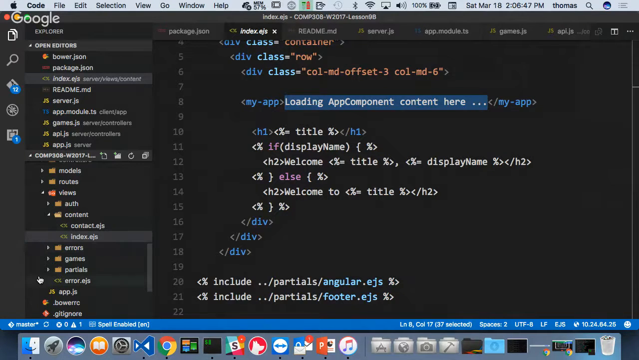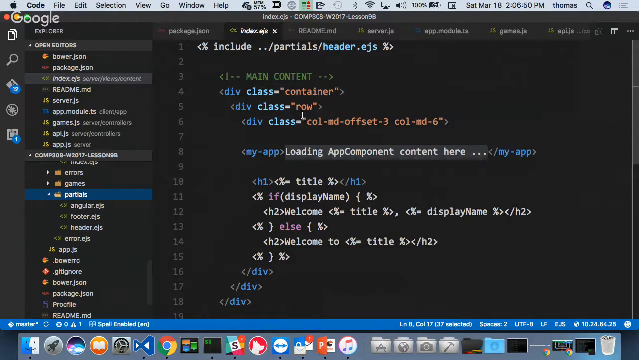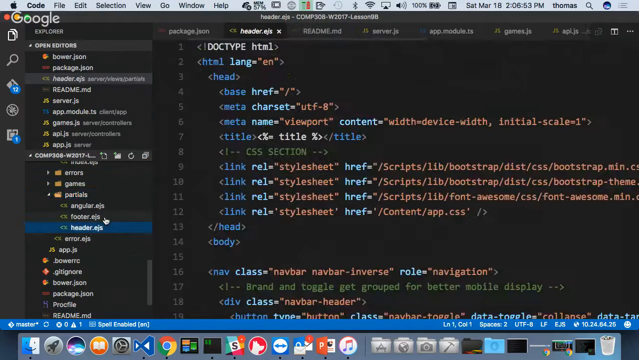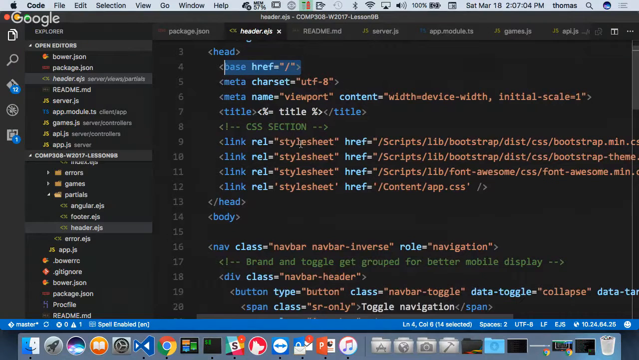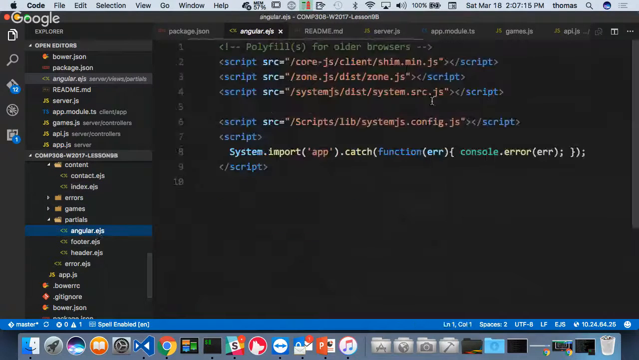In the header, notice we're including a header at the top here. In the header, we're including something called a base href right here on line 4. And then, instead of just using a footer for my file, I'm also including something called angular.ejs. And angular.ejs, if you notice, includes all the shims and additional data that we need, especially the system.js